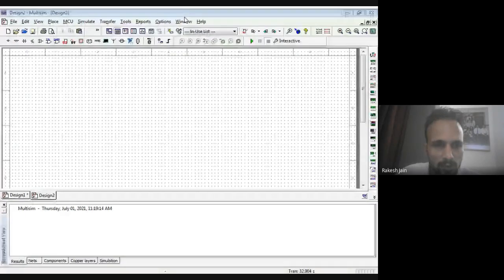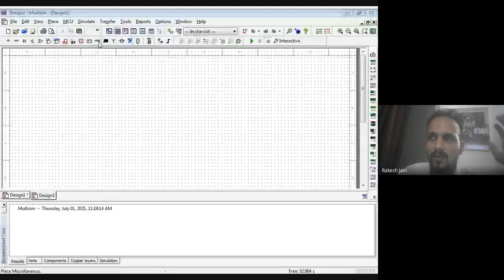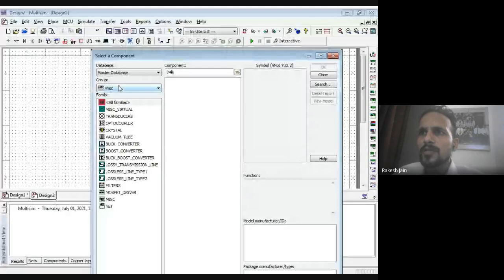Just click on this to select any device on Multisim software. To search for any component or device on Multisim software, you have to click on MISC, miscellaneous. So I just click on this MISC, and the screen will show you the options. Now, to select those gates, they are digital ICs, so first of all just click on MISC Digital.